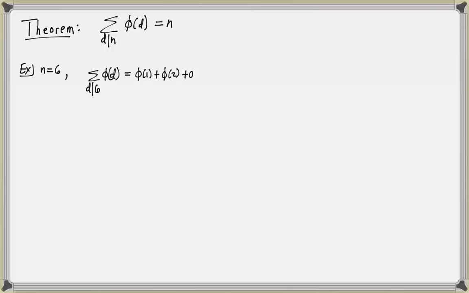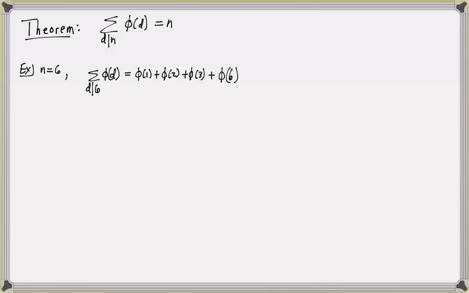The theorem says that if you add up phi of d, where d is a divisor of n, then you will get n. Let me give you a quick example. For n equals 6, the sum of phi of d, where d divides 6, would be phi of 1 plus phi of 2 plus phi of 3 plus phi of 6,